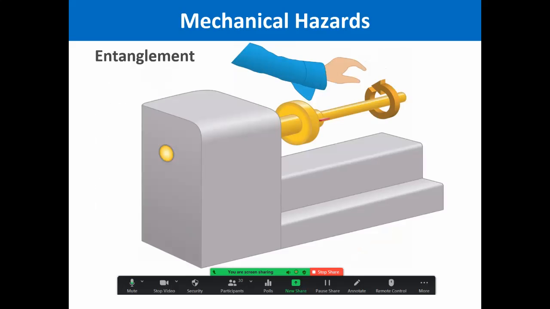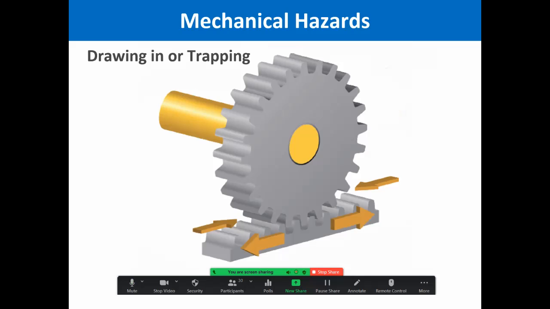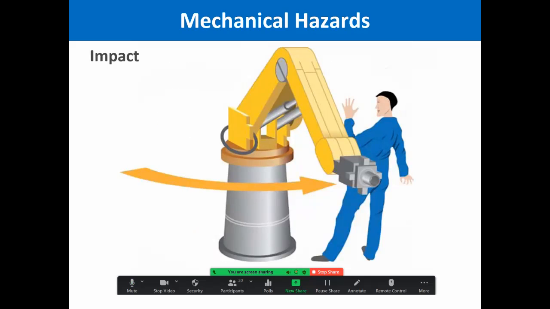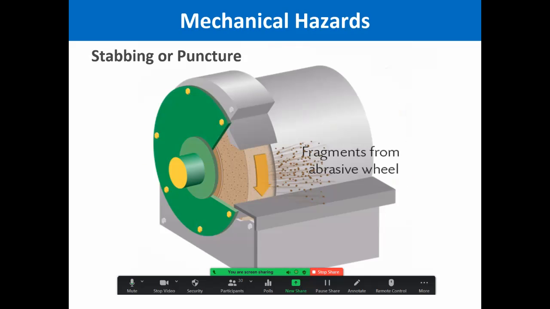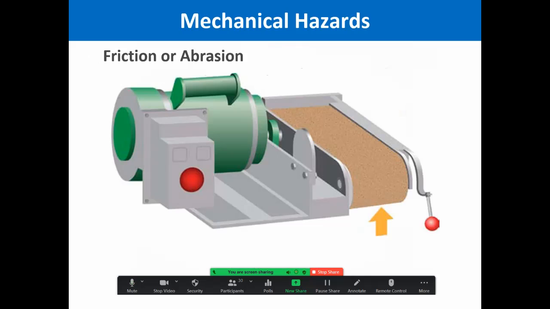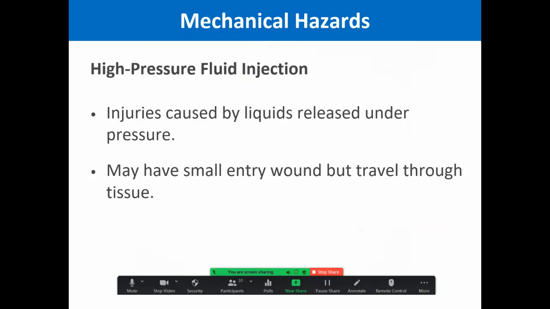Entanglement, so a moving part, a shaft entangles your clothes. Drawing in means pulling in. Impact, something hits you. Stabbing or puncture, which is flying particles. And friction and abrasion, finally. So those are some of the common